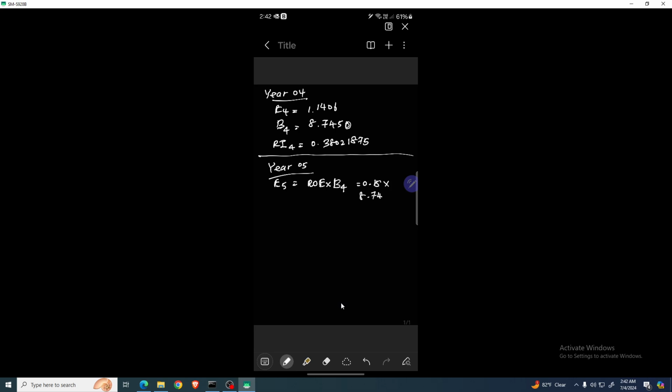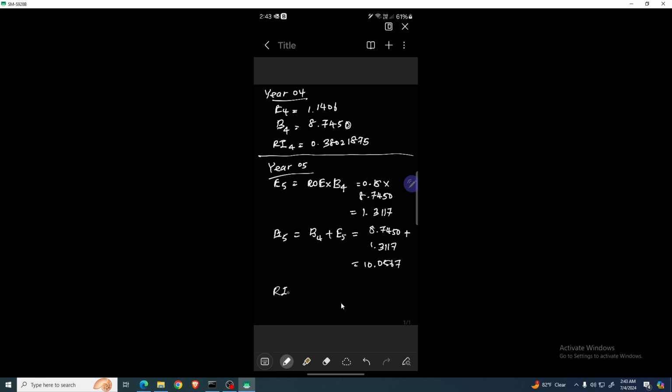8.7050, and earnings are going to be 1.3117, and book value of year 5 is going to be book value of year 4 plus earnings, so it's going to be 8.7050 plus 1.3117, and that's going to be 10.0567, and